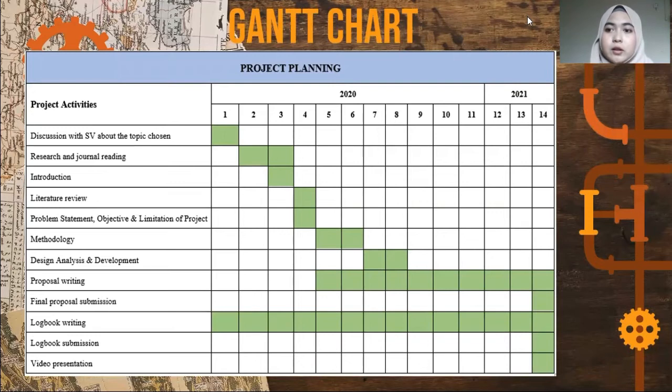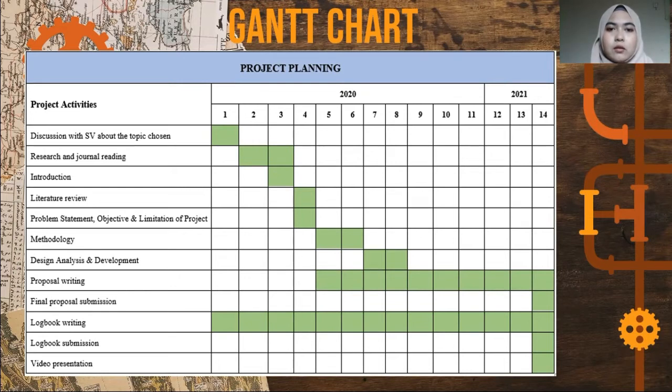Now we will proceed with the Gantt chart. For my project planning, in the first week, I had a discussion with my supervisor about the topic chosen, and the title was offered by my supervisor. After the research, the final decision was made, and I chose this project title and confirmed it with my supervisor. In the second and third weeks, I did research and journal reading, and I proceeded with the introduction in the third week,